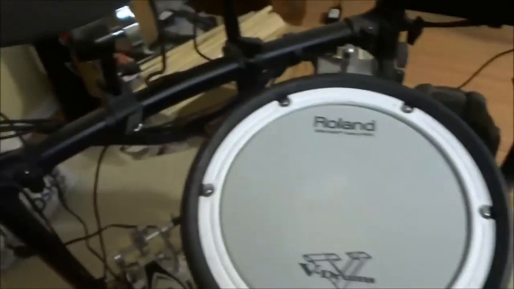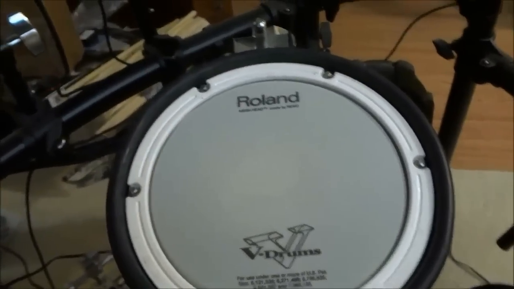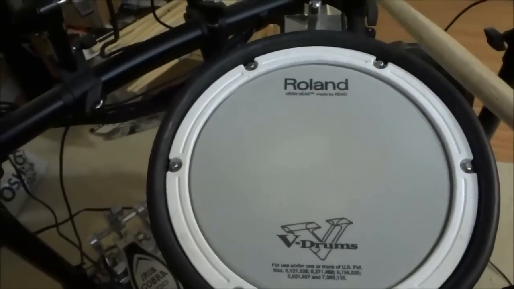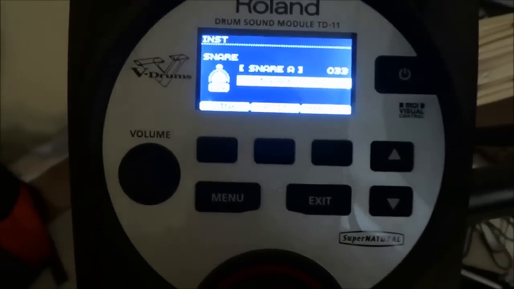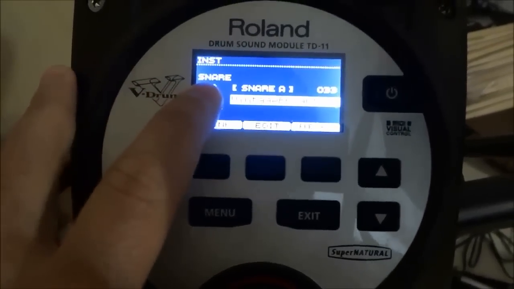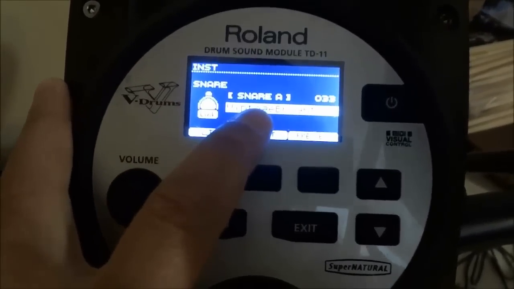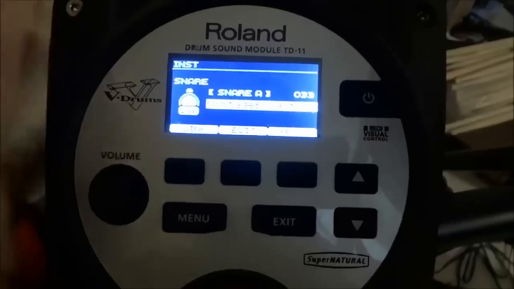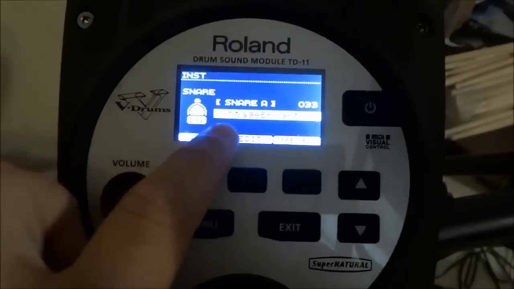So this is the basic process. You are going to use a drumstick to strike one of the sound pads on your electronic drum set. So let's say I'm going to strike the snare drum. So I hit the snare drum, and now if you can see right here on the screen, it says snare A, and it says snare right here. So this over here is the pad that you are currently editing, and this is the current sound. I don't know how well the camera depicts this, but right now it says Vintage Bright S,